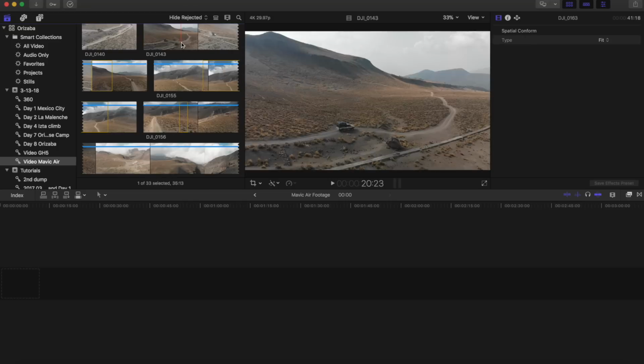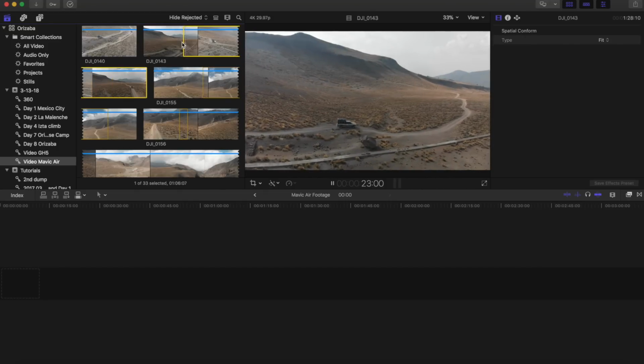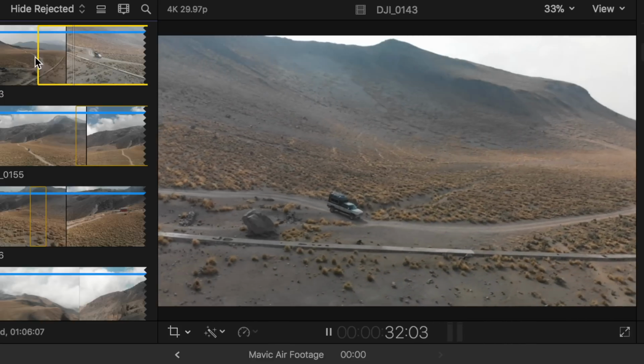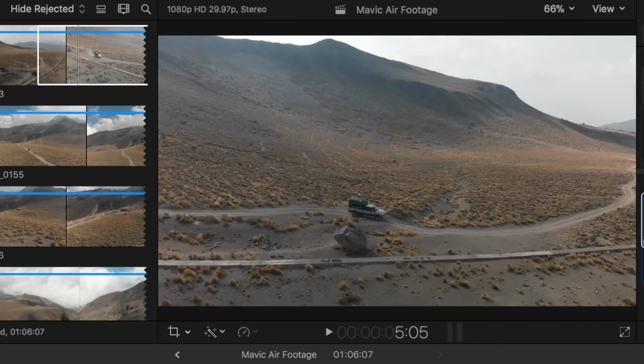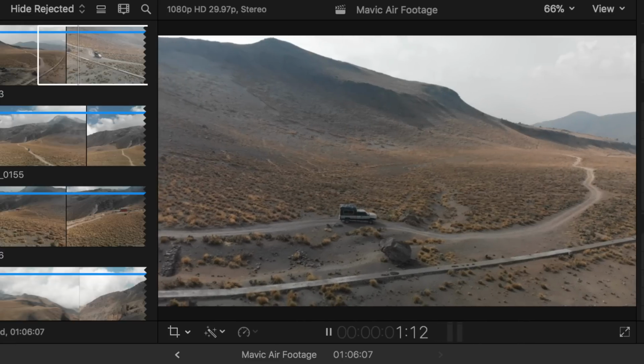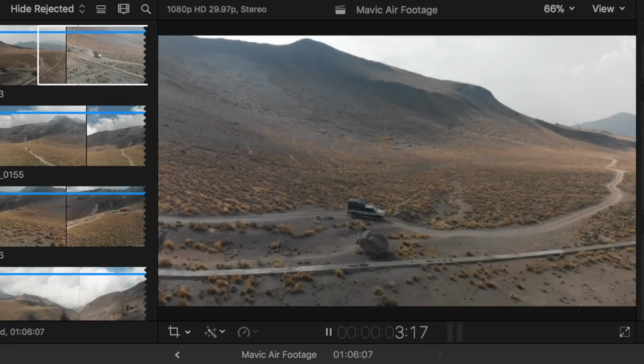All right, so let's get into editing, and let me show you how you can take this awesome footage that you went out and shot and make it look more cinematic. The first thing you're gonna notice when you bring the footage into your software is that the footage looks okay. It's pretty flat. It doesn't have that cinematic punch to it that you normally see when you see awesome drone footage. So there's two ways we can go about this.